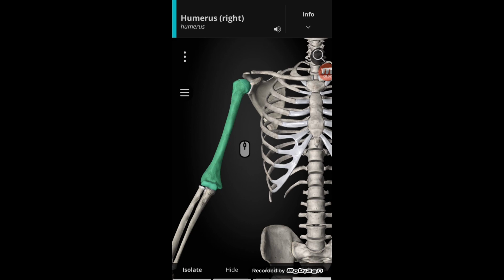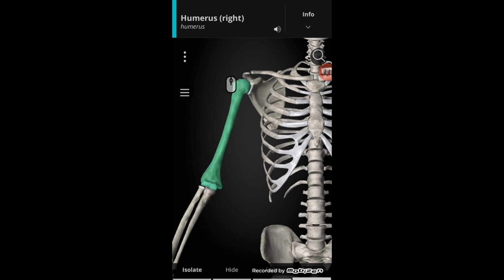Bismillahirrahmanirrahim. So today our topic of discussion will be the osteology of the humerus. So let's start. We know that the humerus is a typical long bone and it is a part of the appendicular skeleton. There are two types of skeleton. One is the axial skeleton and the other one is the appendicular skeleton. The axial skeleton is mainly the axis, the center of the skeleton,